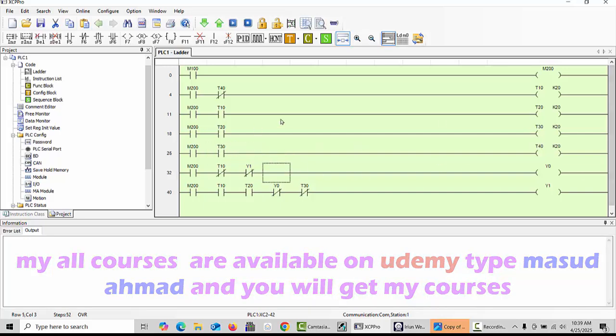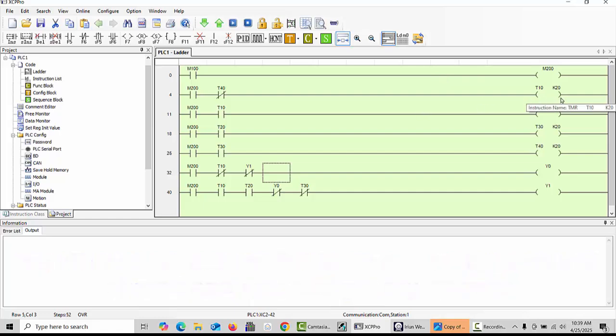So it's very simple. Now again I will explain you. When we start the T10 with the M200, means when we execute the M100, our M200 will be held, and from the M200 we will start the T10 timer. For what? For reverse condition. This is Y0. With the close contact of this timer T10, we will start this Y0, right? And the open contact of the timer, when it has completed its time, the open contact of the T10,